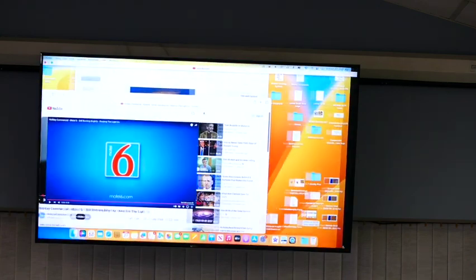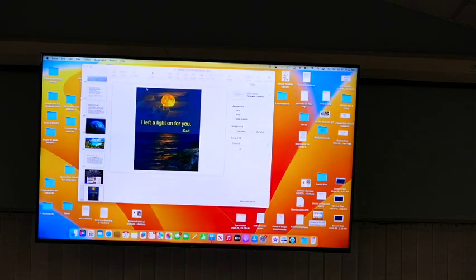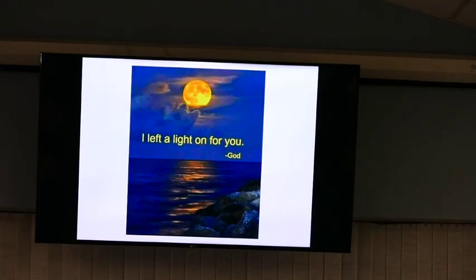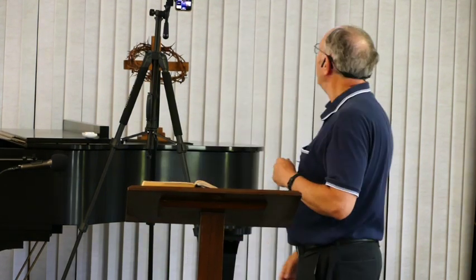And God left lights in the sky so that we could see, because he didn't make our eyes to see that whole electromagnetic spectrum. So he left the light on for us. And there's a moon or a sun in the sky, both of which provide us some light. God left the light on long before Motel 6 thought of it. Next slide.